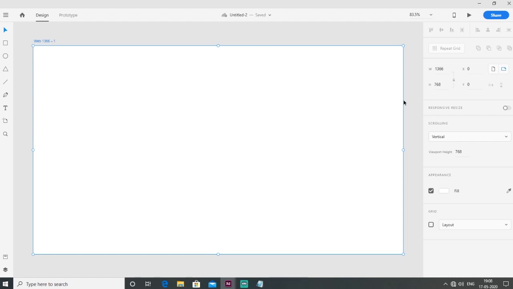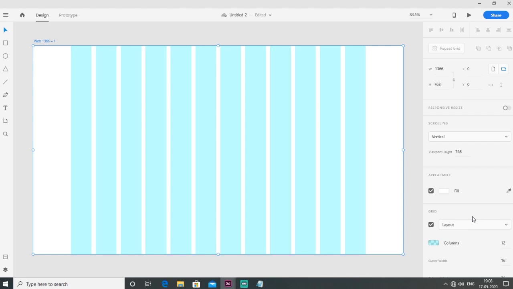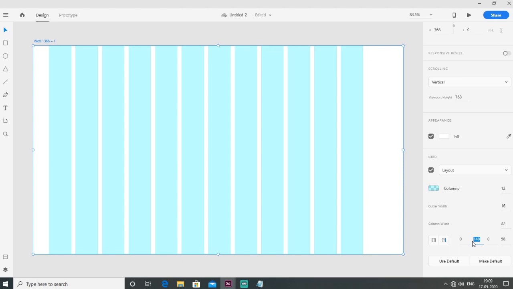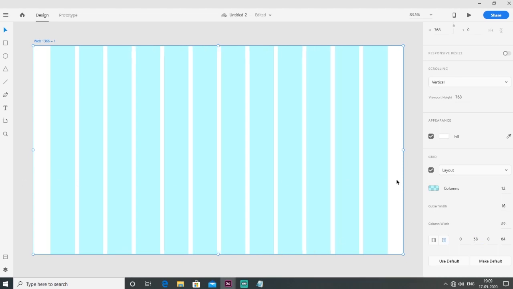I just select my page and select layout, and change the size to 58 left and right, and change the column. Now 12 is okay.